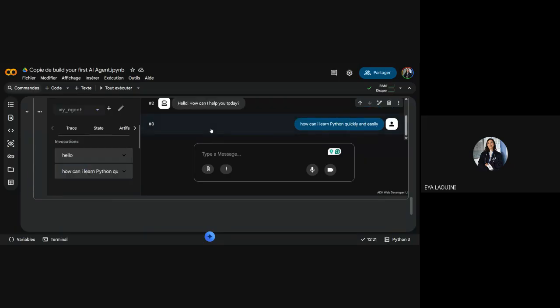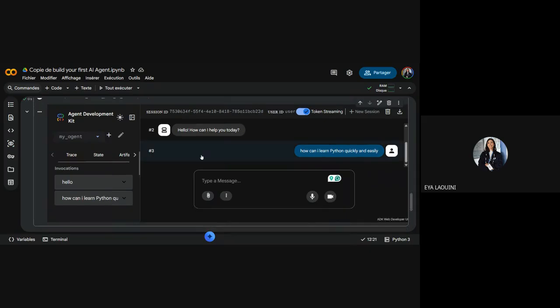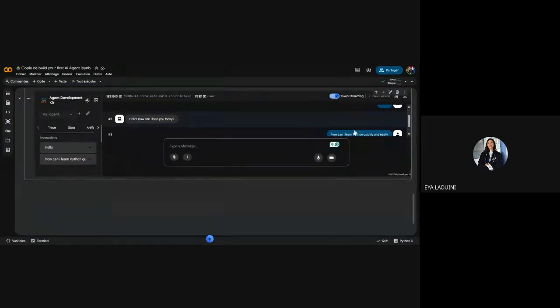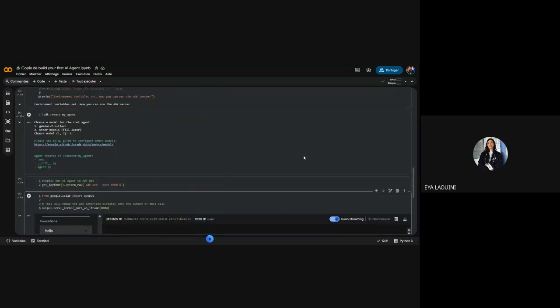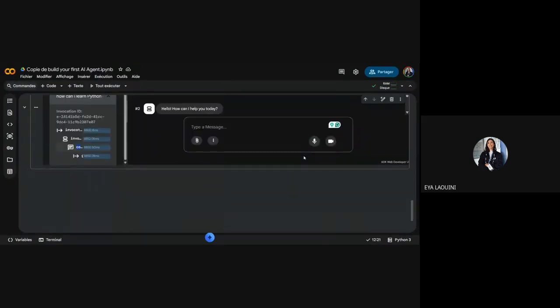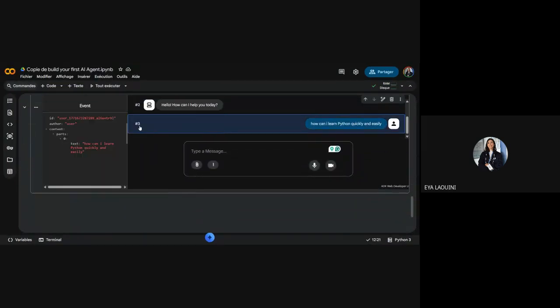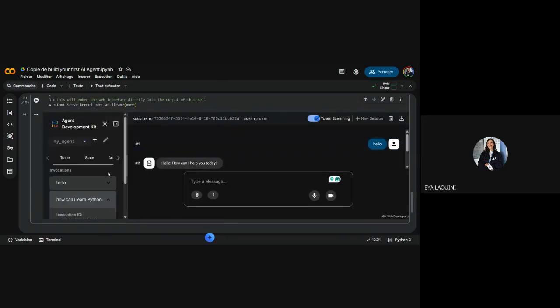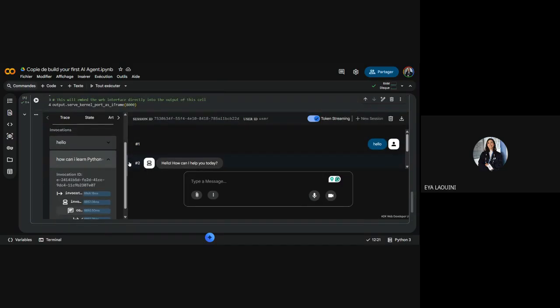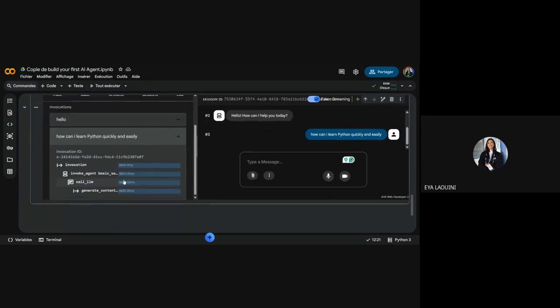So here we will have a response. Just let me do this one. I need to see the response here. Okay, the interface here is a bit small. Okay, just this. Where is the event? Okay, so